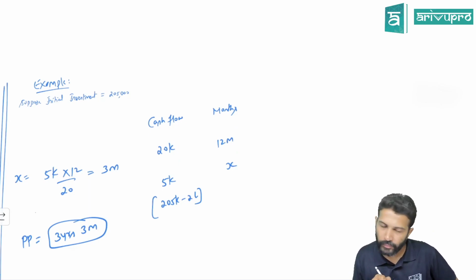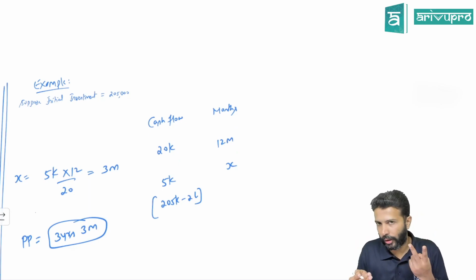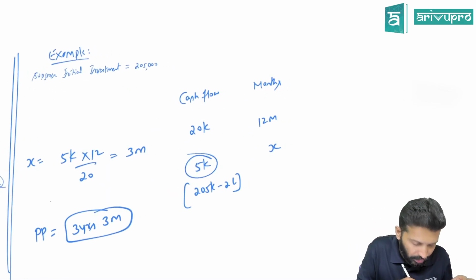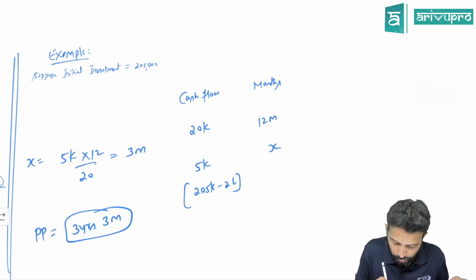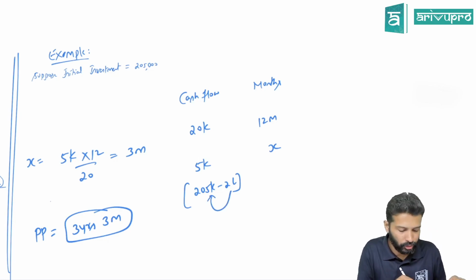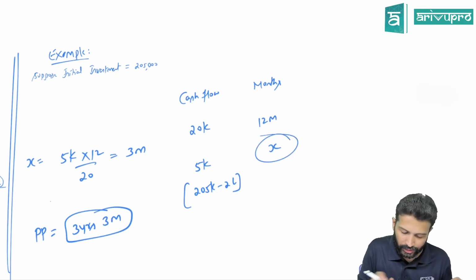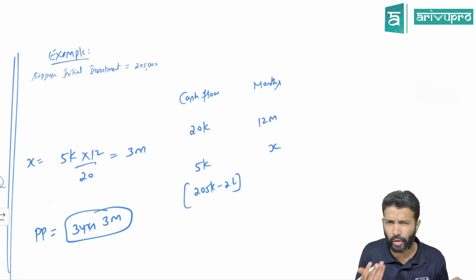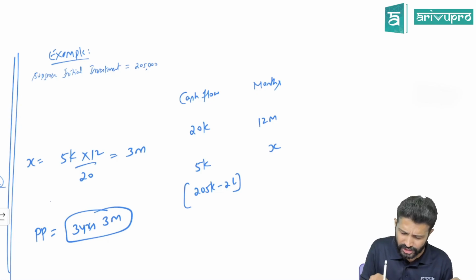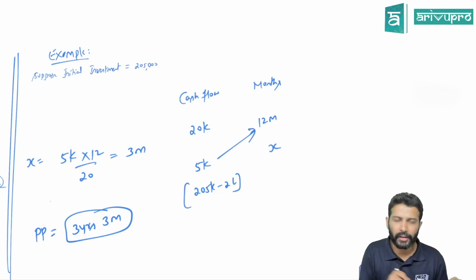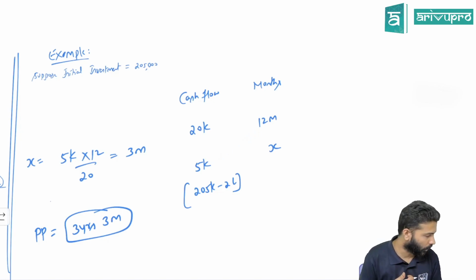Okay. Till third year, you already earned 2 lakh. How much more do you need to earn to reach the payback period zone? 5 more thousand. Yes, from 2 lakh, to go to 2 lakh 5,000, you need to just earn 5,000 more. To earn 20,000, you are taking 12 months. To earn 5,000, how many months are you taking? It's a cross multiplication scenario. I think you have done that. Just do the cross multiplication. 5,000 into 12, you will multiply, and divide it like this. Now, okay. All right.